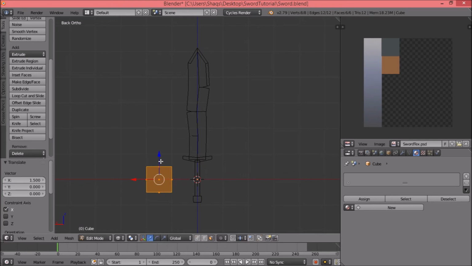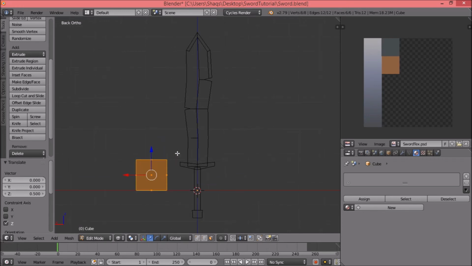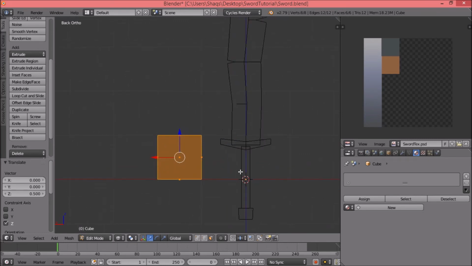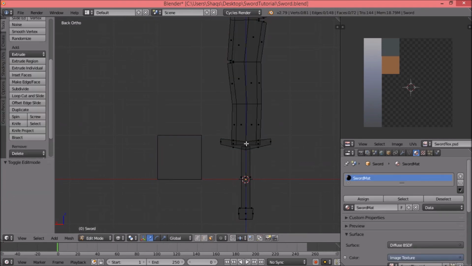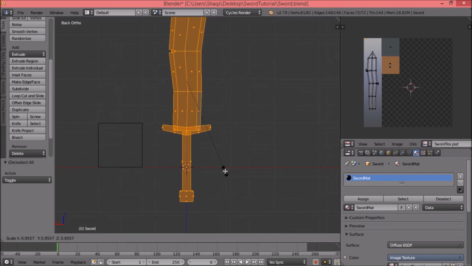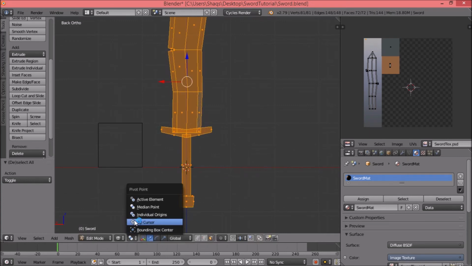The Blender cube is 2 meters wide in all directions, so we scale it to 0.5, and this is now 1 meter, and